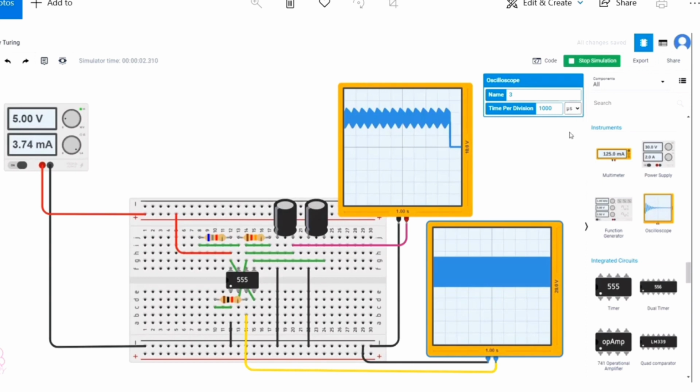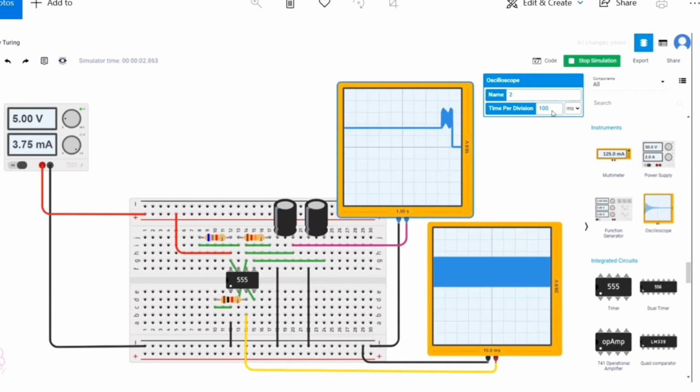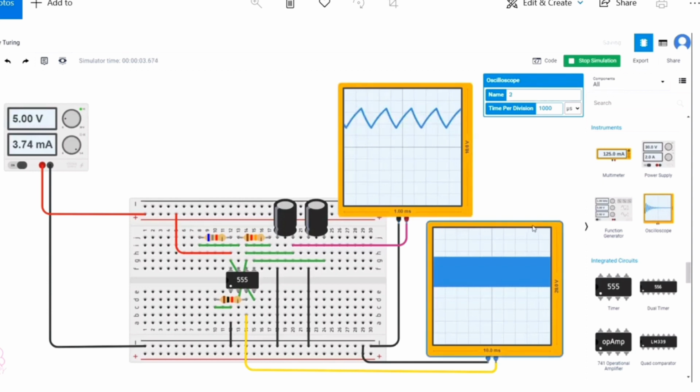Now change it over to microsecond. Yeah, I felt the difference in the capacitor voltage side. Now choose the capacitor voltage side and change it again as some 1000 microseconds. Yeah, make a fine tuning. 100. Yes, 100 microsecond, and here in 100 microsecond I am getting an output.